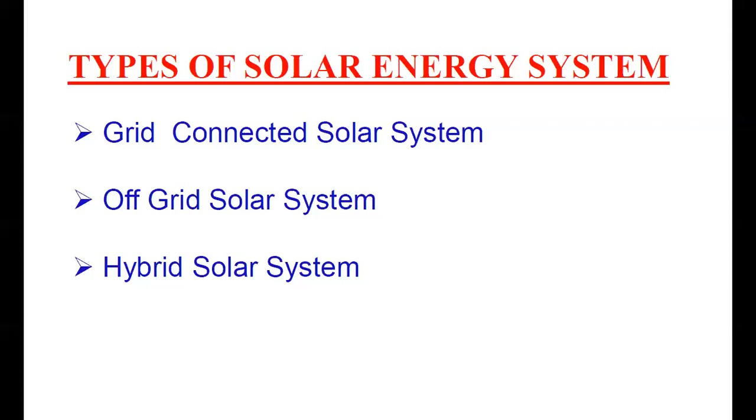So at that time, there is no sunlight, so there is no production of electrical energy by the solar panel. So the solar panel produces electrical energy in the daytime that can be stored in the battery, and this battery will supply power to the load during the night time.